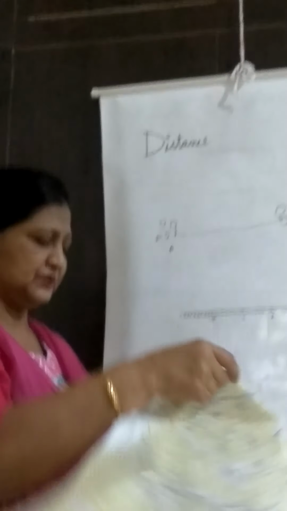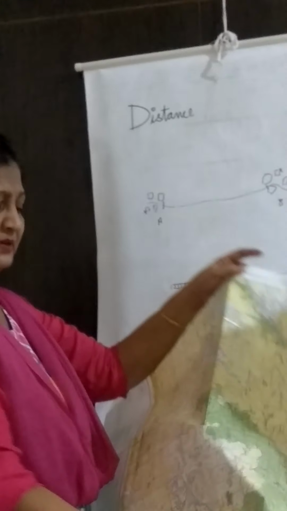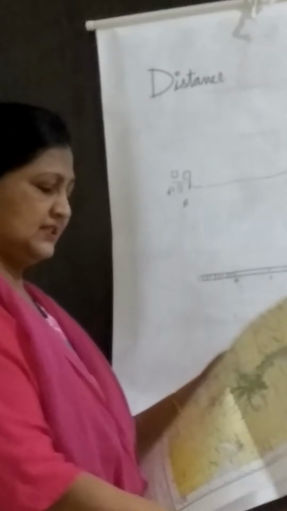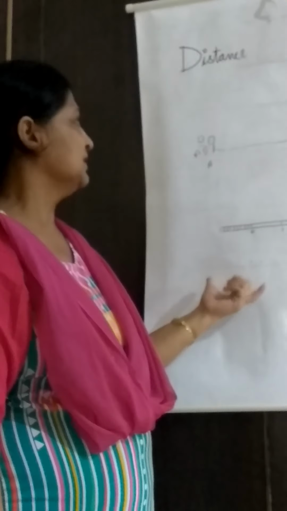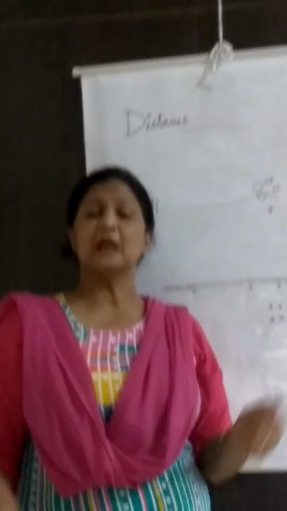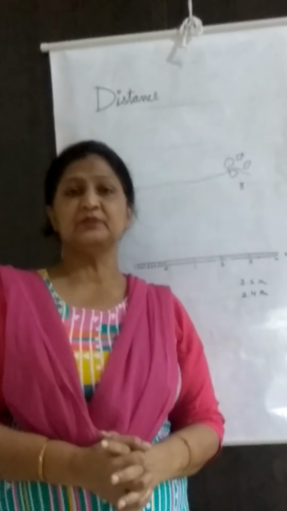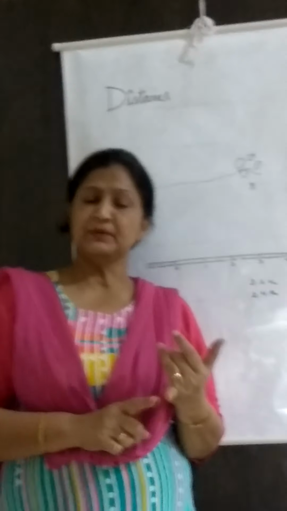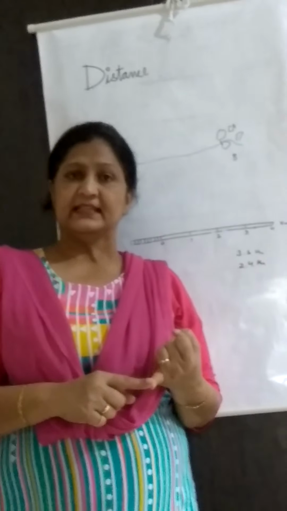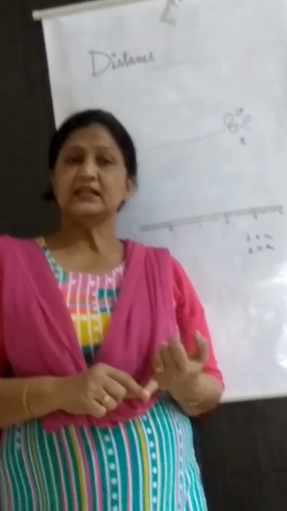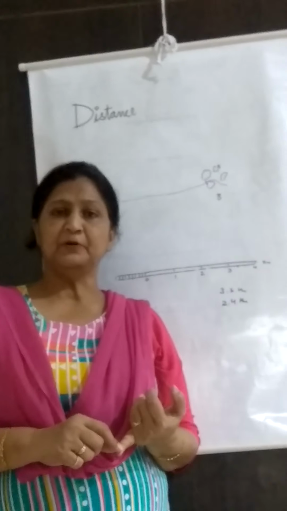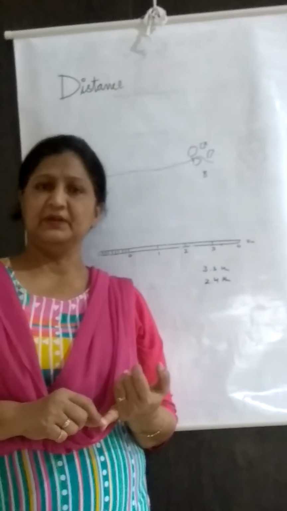Keep in mind always, the scale is given in kilometers, and the subdivision is given at the end, not in between. So whatever remains after that, we again have to mark and measure. This is how we measure a distance between two places. The first method is the crow fly, the direct distance, which is the maximum, and the second is the curved object, which is the minimum, and it is measured with the help of a thread. Thank you.